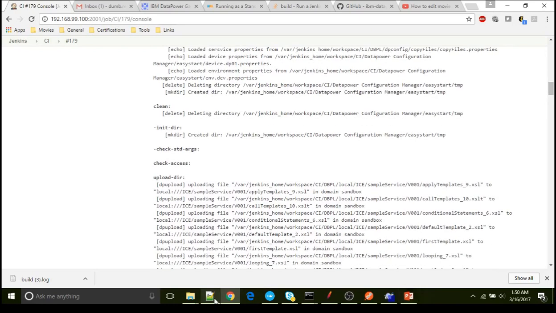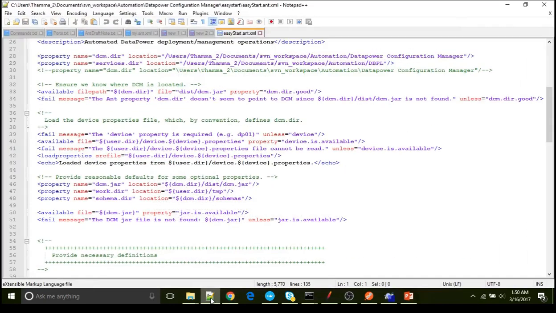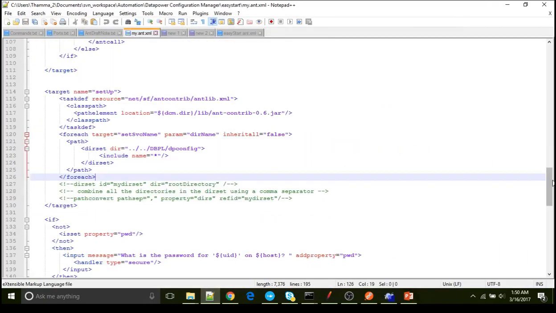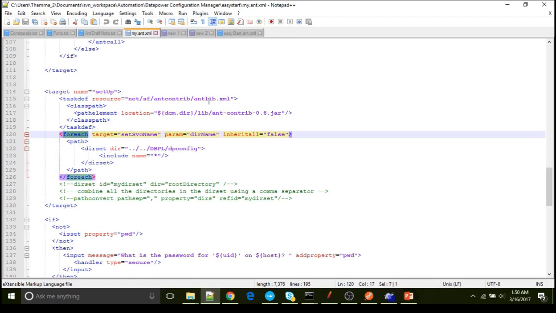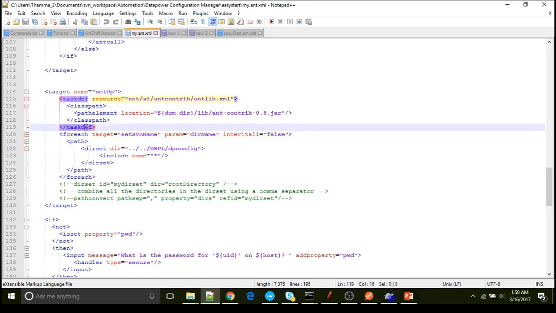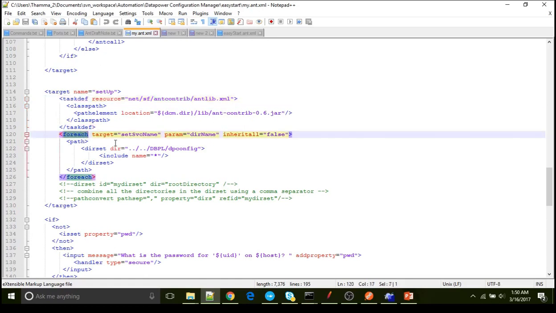To make you more clear, let me explain this one. If you see, this is the setup target that I'm talking about. For each, we are defining the task here. So for each, we are calling set service name target.